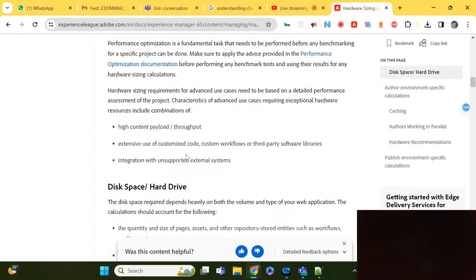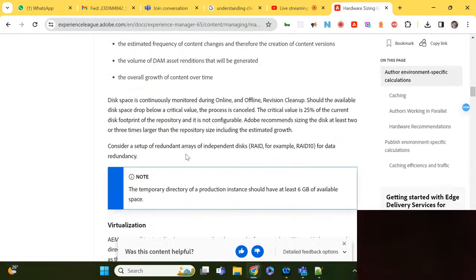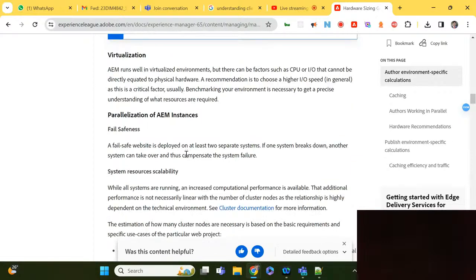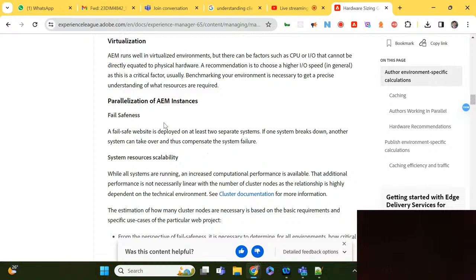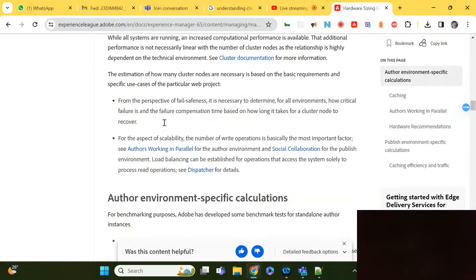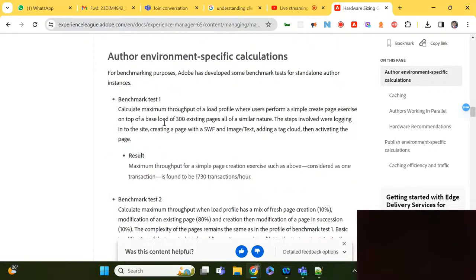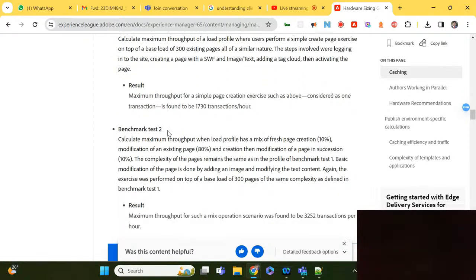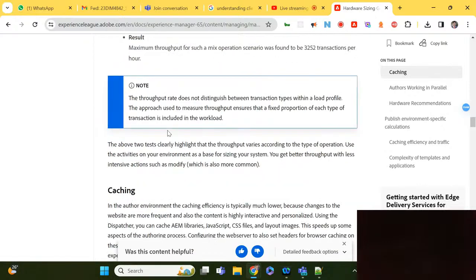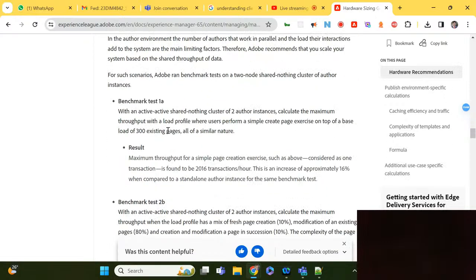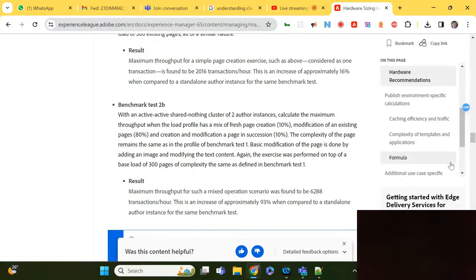There are multiple things we want to provide for the AEM instance, and it should have fail-safe, system resources taken care of, scalability, and we can have transaction tests, like how many transactions per hour it is managing. So different kinds of tests will be done to make sure the sizing of the instances is enough